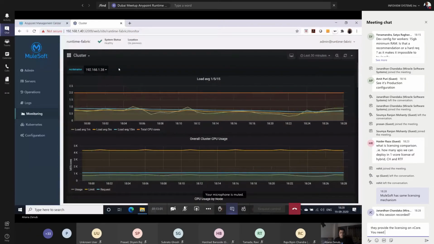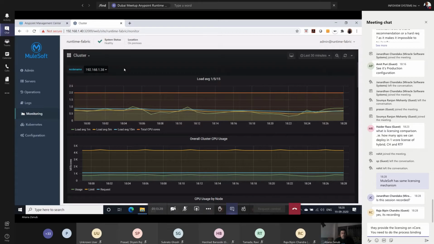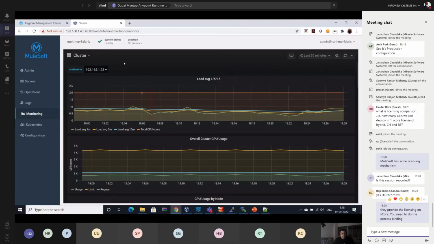Okay, and if multiple applications are deployed, you will see another tab here to select the application. If you select the node only, you will see all the applications deployed in this node. And if you want to check a specific application, you will get another drop down over here to select which application you want to check. You can select it and see the behavior of the application over here.